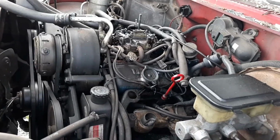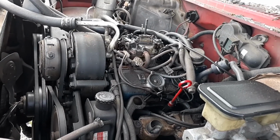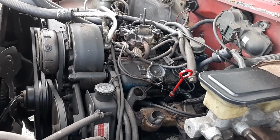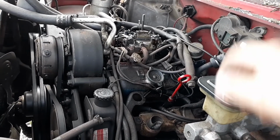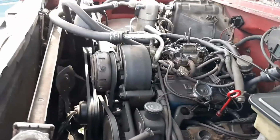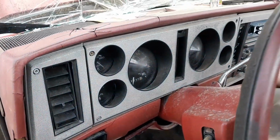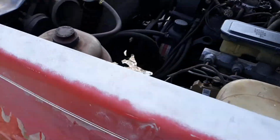It didn't spit or sputter yet, and I kept messing with it, and sure enough I got gas to the carburetor, and now it actually runs. I can only run it for a split second. There's a guy behind me not too far away, about 20-30 feet. He's probably going to yell at me in a minute, but yeah, it's got fuel to it. There is one plug wire off, but I just want to turn it over and let you hear it spit and sputter, and then we'll move on to some other stuff. But this is insane here, man. I can't get over this. Like, that's insane. I can't believe that it actually